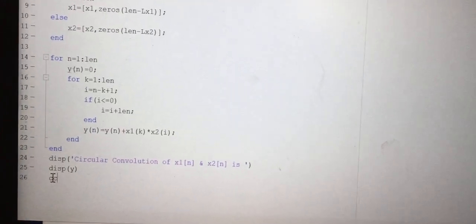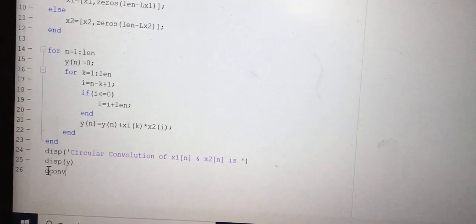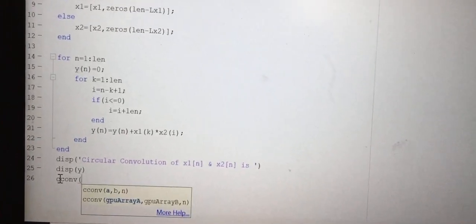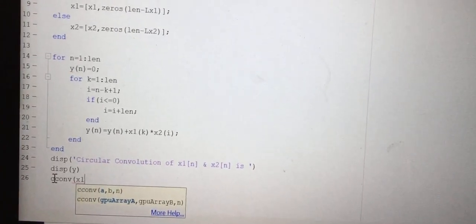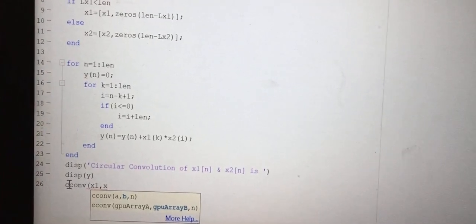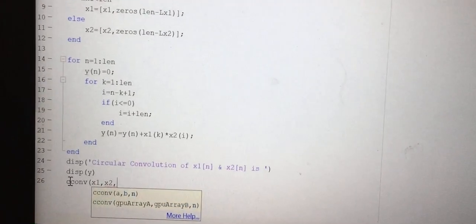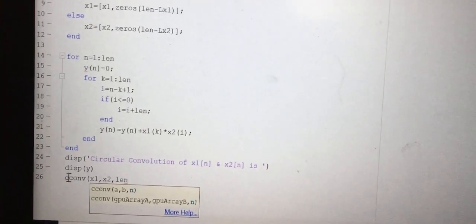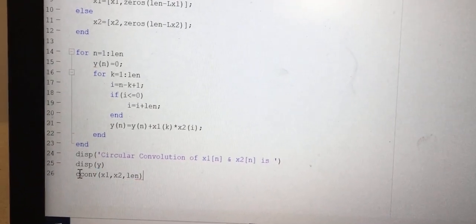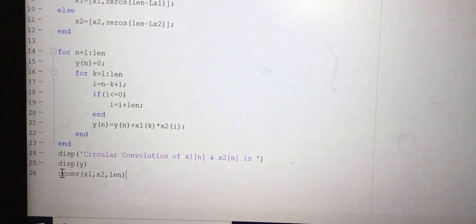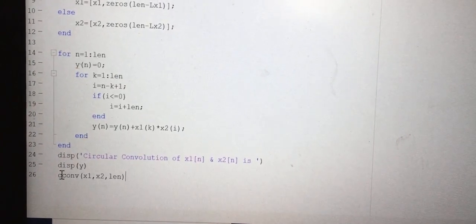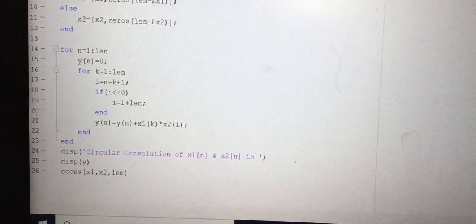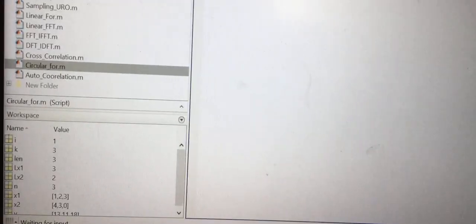Now the inbuilt function to find out circular convolution is CCONV. The arguments will be x1, x2, comma the total length, which in the program we have given as LEN. Run the program.